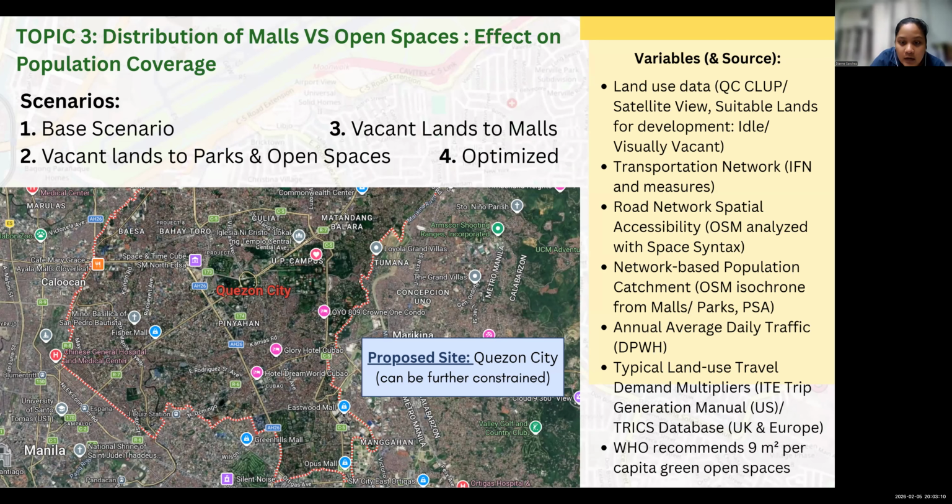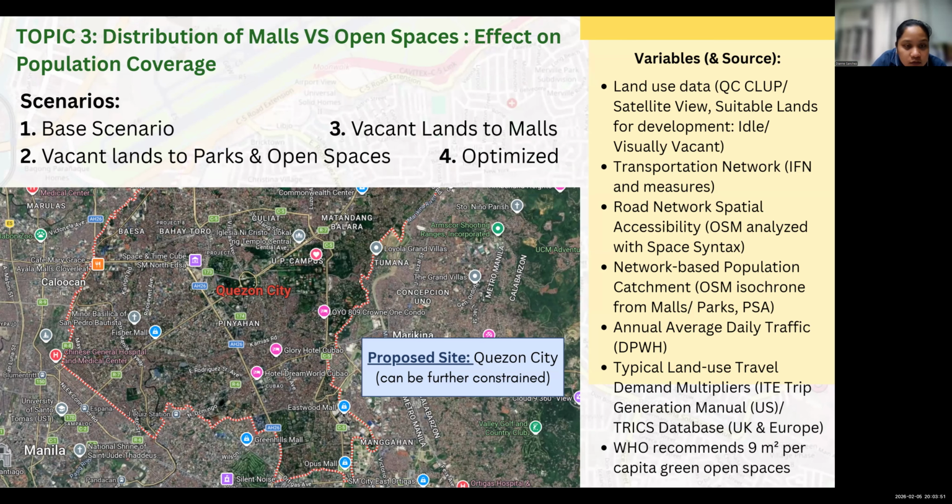For scenario two, which is vacant lands or gray areas to parks and open spaces, we can look into improvement in access to green areas, especially for nearby residential communities, and the effect on trip demand and how it will be localized, shorter, or how it will encourage non-motorized or active mobility.